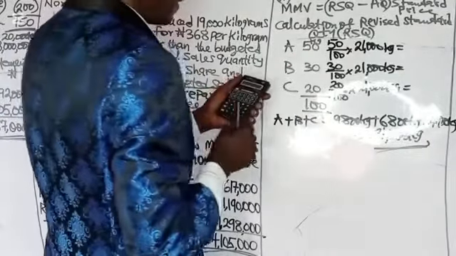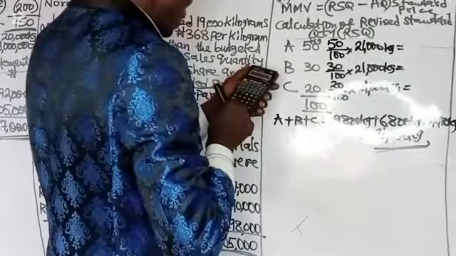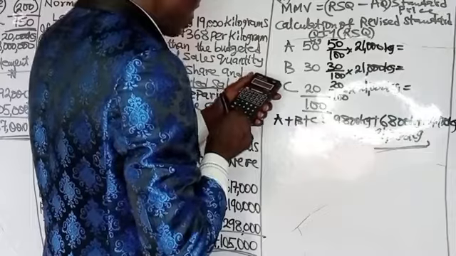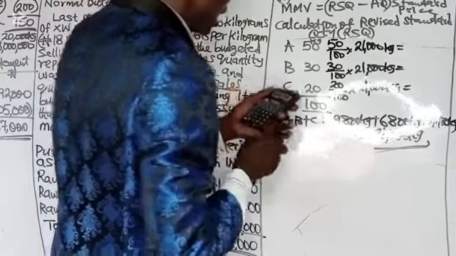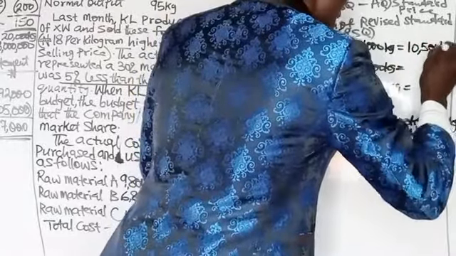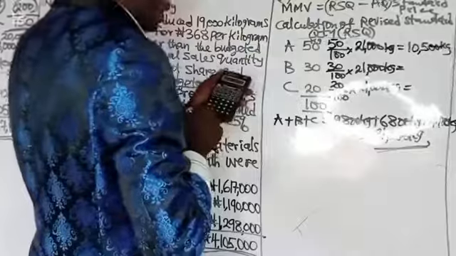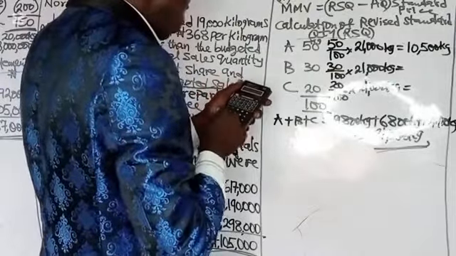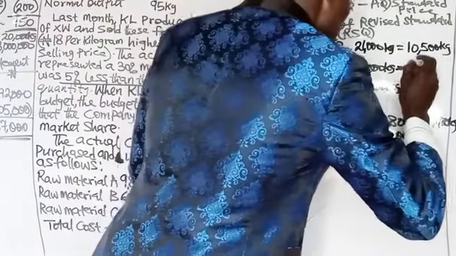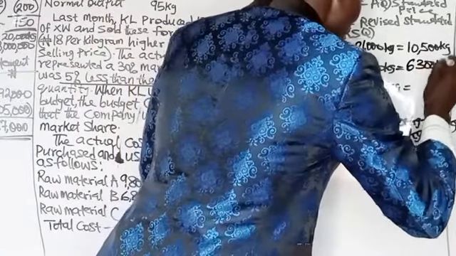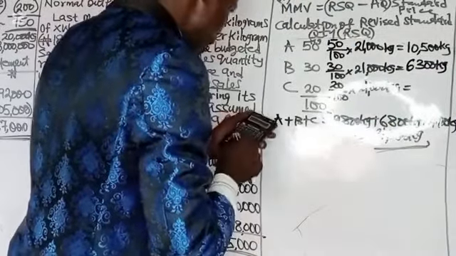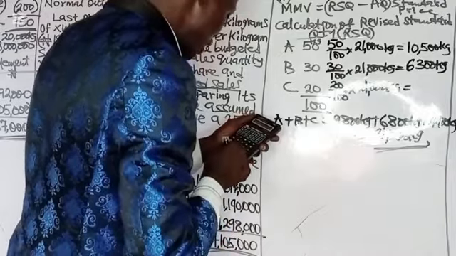So we have 50 divided by 100 times 21,000. That gives us 10,500 kg. Then 30 divided by 100 times 21,000. That gives us 6,300 kg. Then 20 divided by 100 times 21,000. That gives us